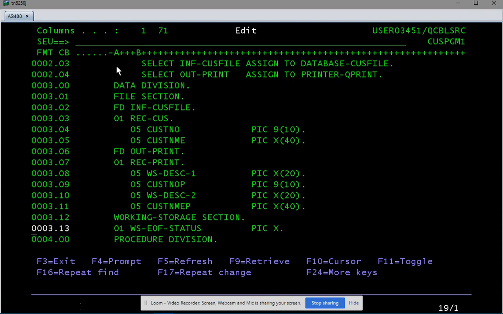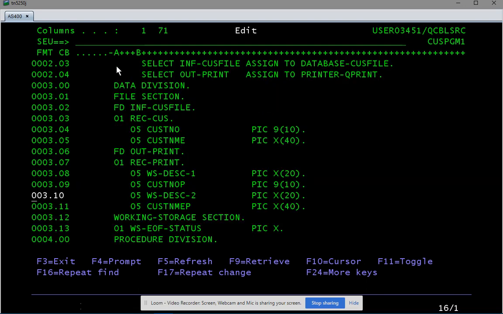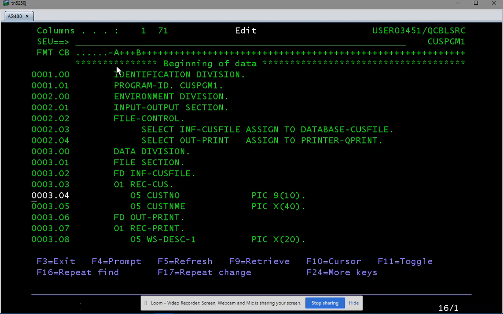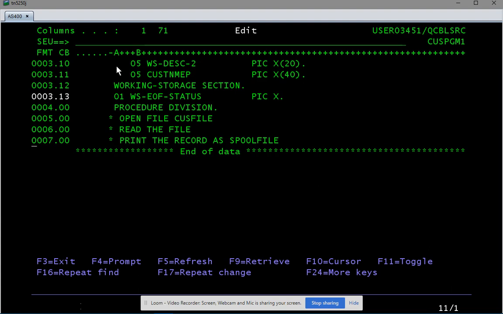Okay, so now I go to the prompt. So far what we did is we just declared the file. We just keyed in all the divisions, then we declared the file, the customer file and the output print file. Okay, so I go here. Now we are going to follow with the